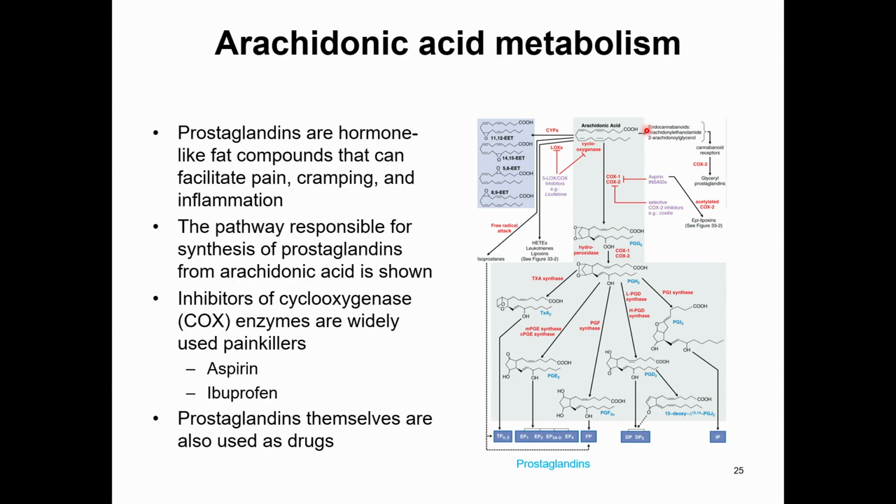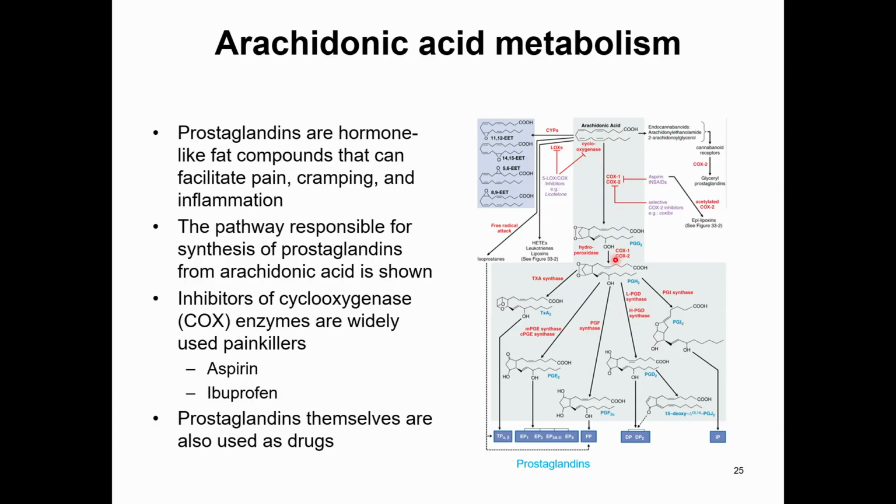Arachidonic acid is up here. Prostaglandins are down here. And this is showing all of the enzymatic transformations in a pathway leading from arachidonic acid to prostaglandins. And you can see that it's just a multi-step thing, similar to the cholesterol pathway I showed you, but different compounds involved, step by step. Parts of it are linear, parts of it are branching. But the enzymes are shown in red here. And so here's COX-1 and COX-2 right here. It's turning this beast into this beast, which then can lead to prostaglandins.